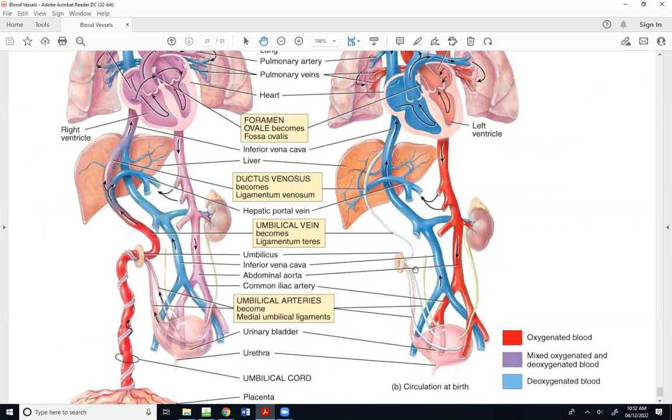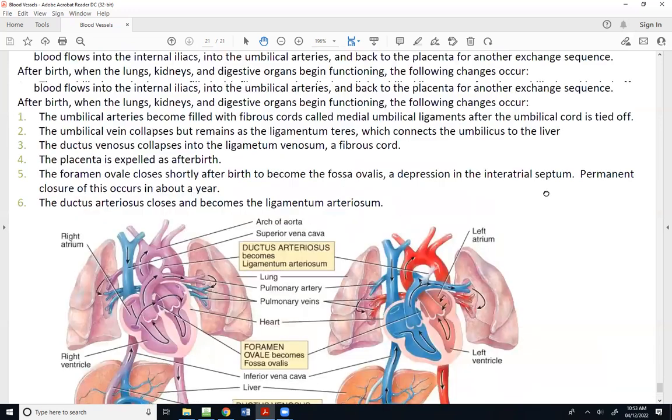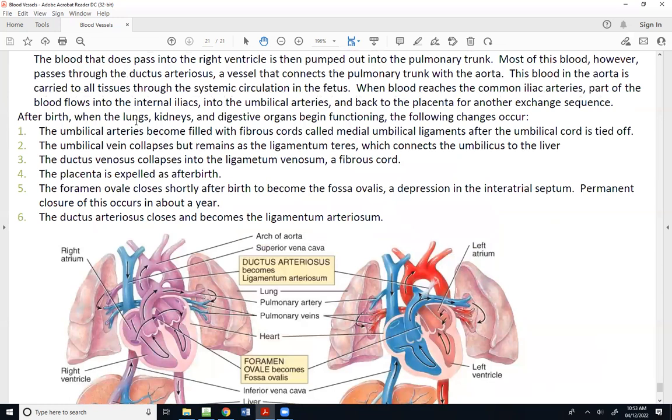Now, over on the right side of the page is what we see here labeled as circulation at birth. When the umbilical cord is cut, notice there is no connection to a placenta. Think of it this way. Is there any reason to deliver blood to the belly button, or is there blood coming in through the belly button anymore? No. So some changes are going to have to occur,